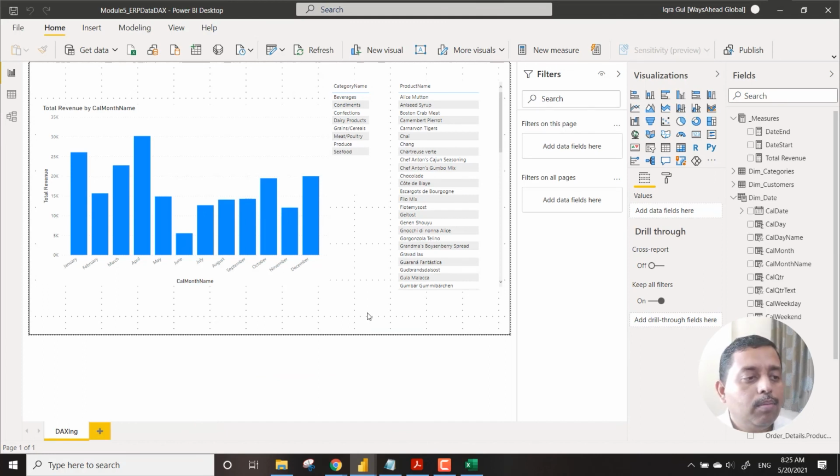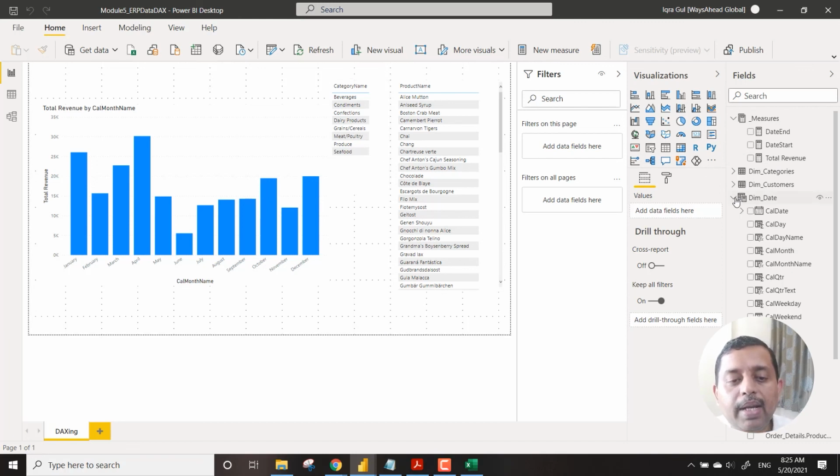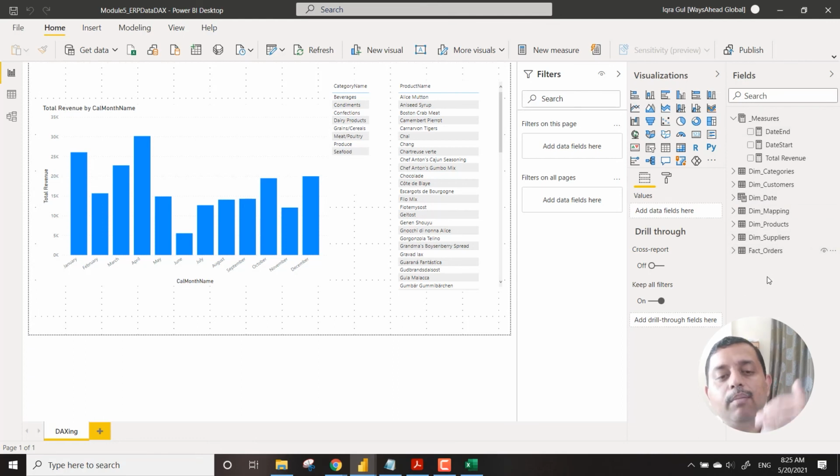There will be other functions which you can focus on. In this particular activity, the task majorly was to move around the measures, create a container, and build up all the measures focusing on that particular container. So everything now is completely segregated. You can see over here, everything is segregated. We have the measures in place, the dimensions in place, and the facts in place.